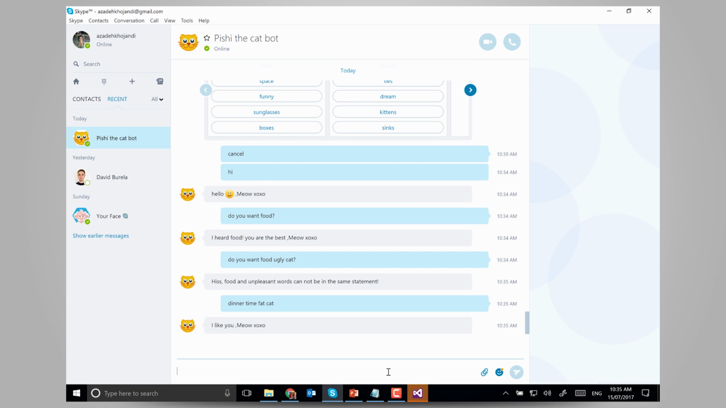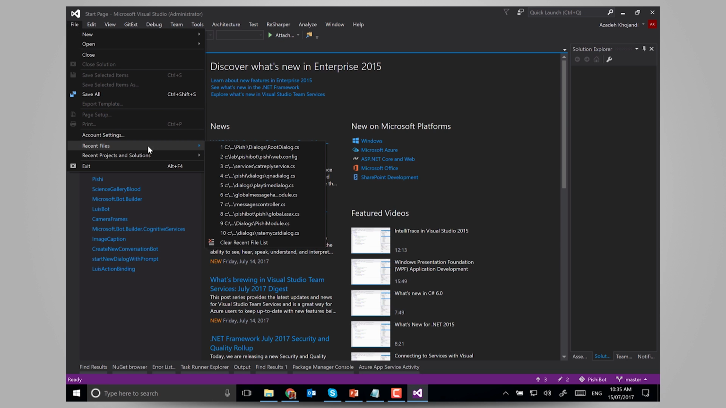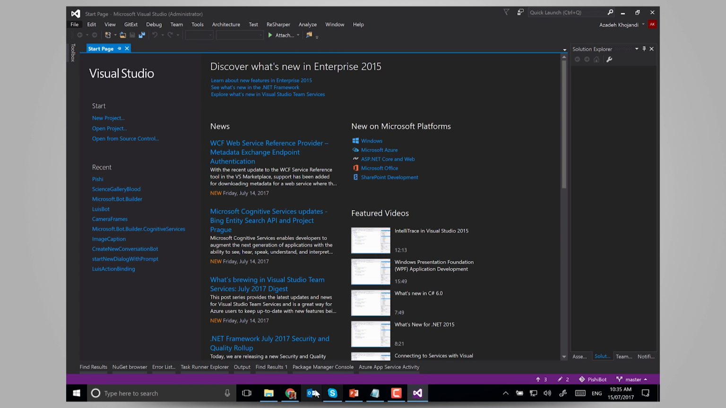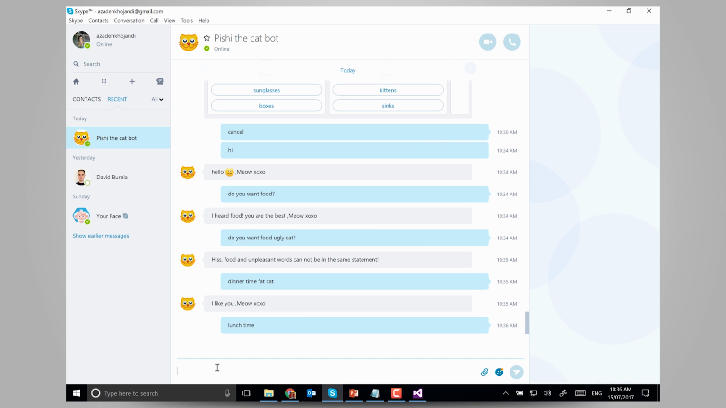The cool thing about LUIS is if it doesn't understand the intent or the entity, it asks you to label it, and it has active learning in it. All right, to show code, it might take a little while because I closed the solution, so hopefully it works. While it loads, we can try something else. We can say lunchtime, or